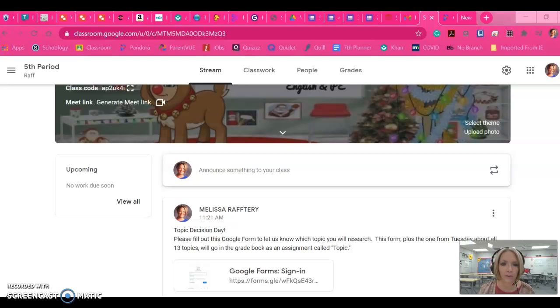We are just filling out a Google form today. It is topic decision day. So you're going to fill out your second Google form for the week. We filled one out on Tuesday, and that one you looked at the 13 topics and you made a decision if you are for it or against it. And this one, you're going to make your final commitment and let me know which topic you plan to research